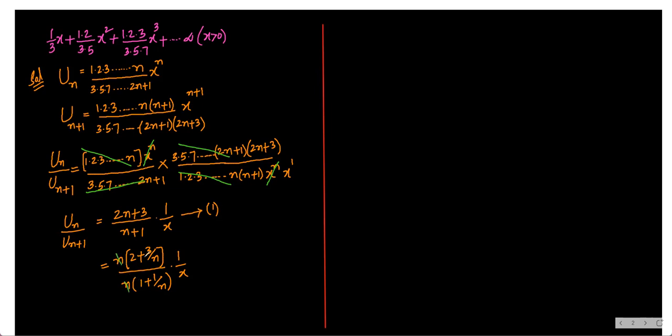Now taking limit n tends to infinity on both sides. Limit n tends to infinity, un by un plus 1 is equal to